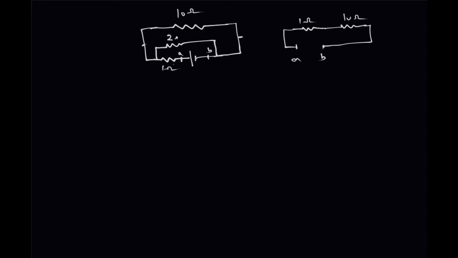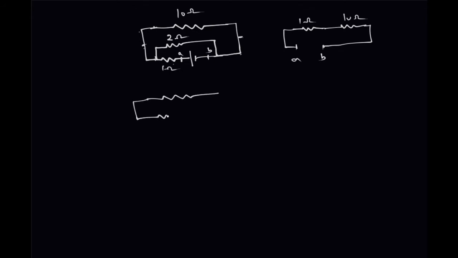Let this be 2 ohm. Okay, what is the equivalent resistance? How you can find out? It is somewhat confusing. Actually you can see that this 10 ohm and 2 ohm are in parallel. Okay, these 2 are not in parallel because battery is there. So connecting it here or connecting it here or connecting it here, it does not matter. Okay, so now rearranging this circuit, we can see that